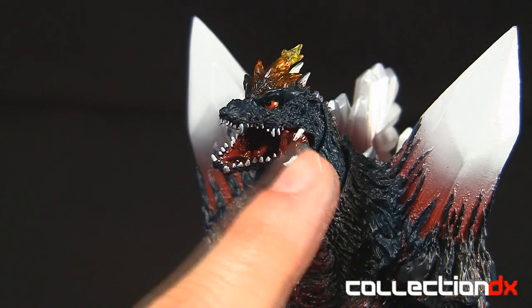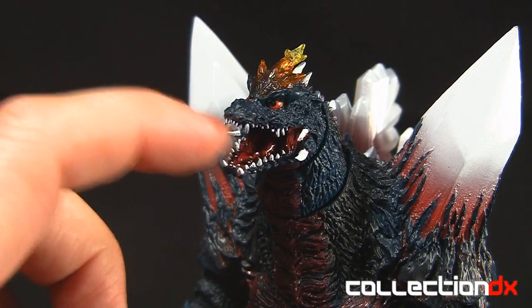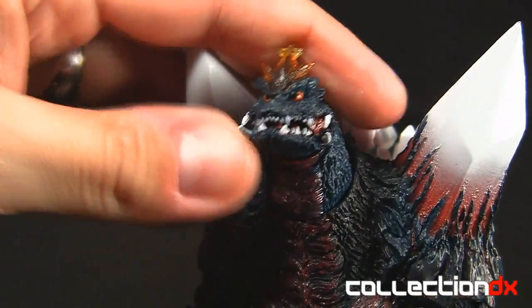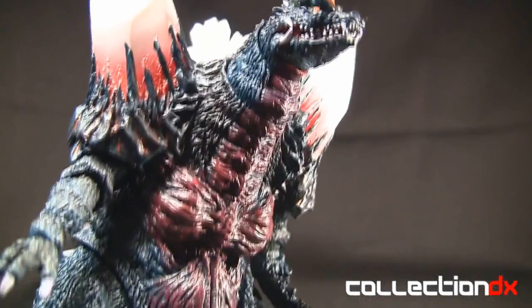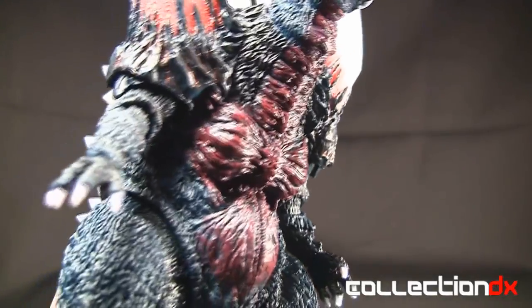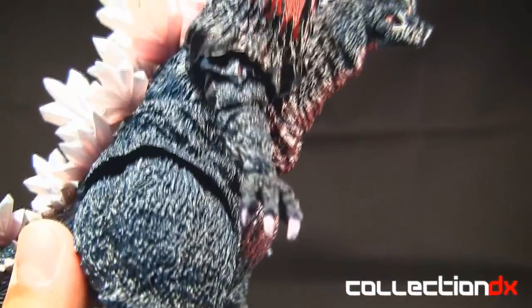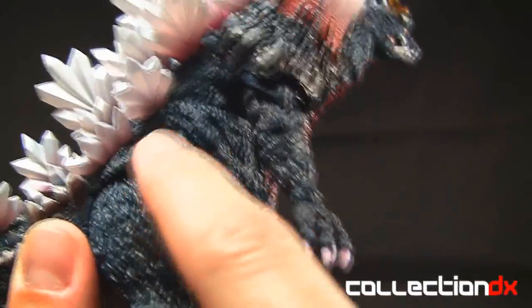And the detail inside the mouth is really cool. It's got the teeth over here to the side and everything, and each tooth is individually painted. So I mean, the paint apps on this are just absolutely beautiful. Take a little closer look at those apps here. Check that out, the way they've done all the shading and everything. Obviously the seam lines are a little bit